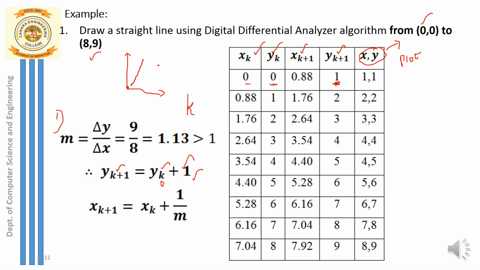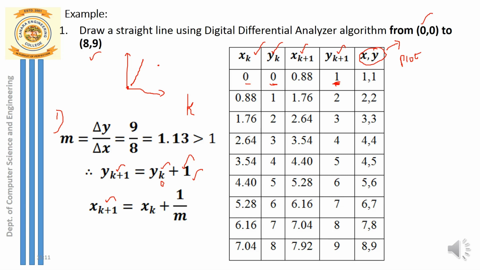So how do we calculate the next x coordinate, that is xk plus 1? We have to generate that now. We use this formula: xk, that is the old point, plus the inverse of the slope, or you can say just 1 by m. So xk plus 1 by slope. What is xk?